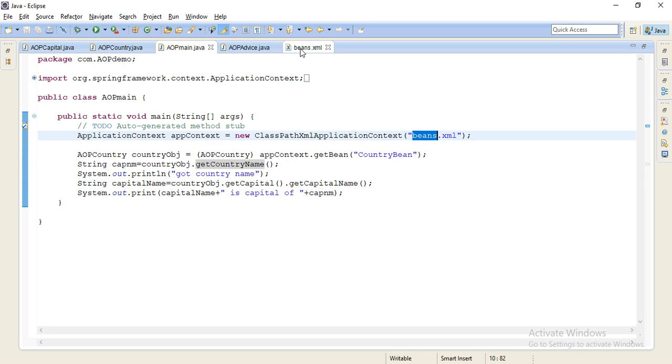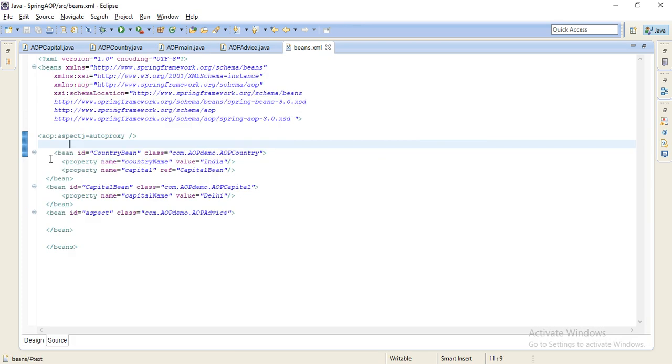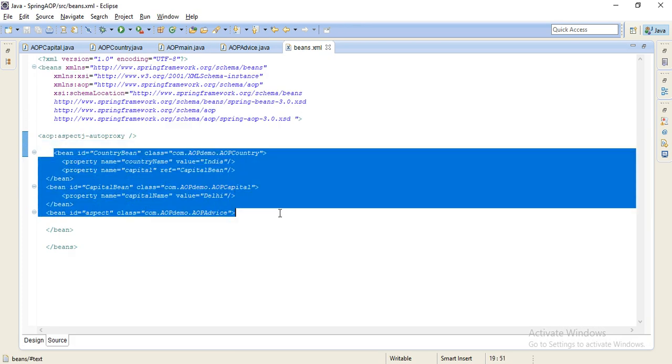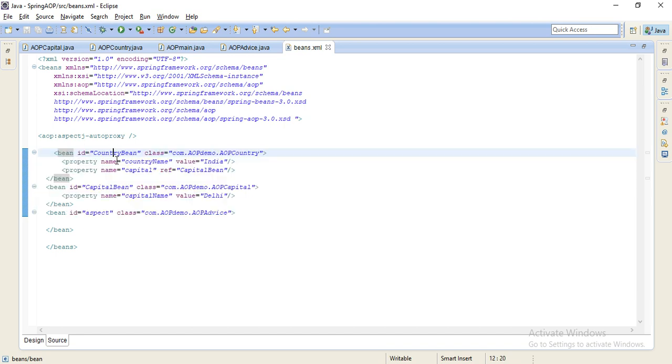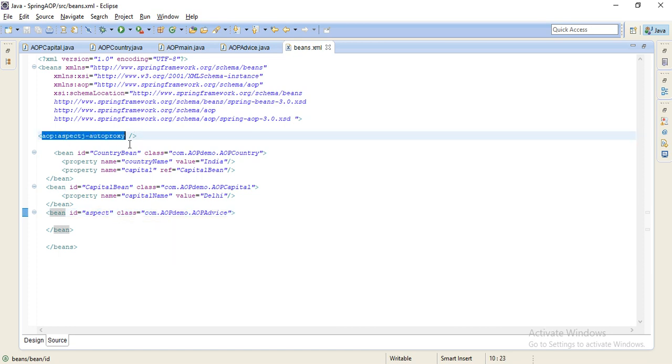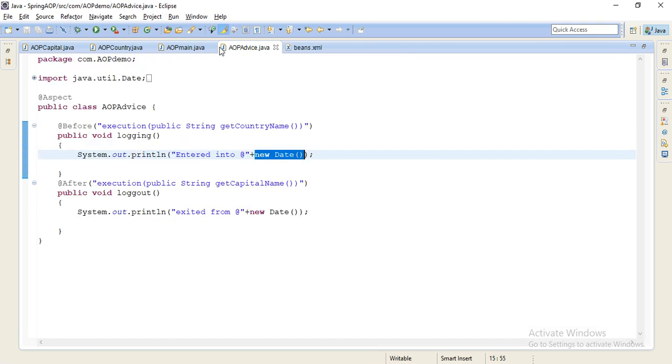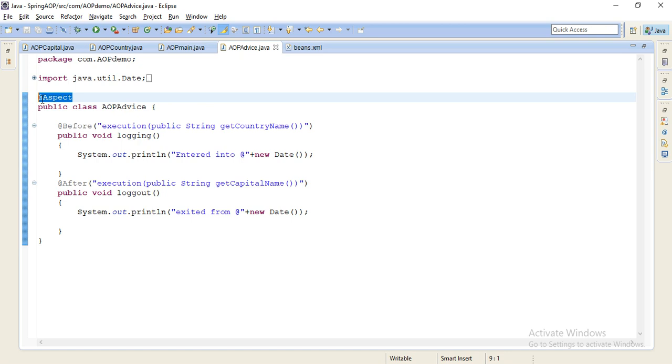Now what does beans.xml have? It has the entire bean defined here. You have simply defined the country bean, capital bean and aspect bean. Now what is the main point here? Your aspects are being automatically invoked. It will invoke your auto proxy, then it will search the beans where you have this @Aspect keyword.